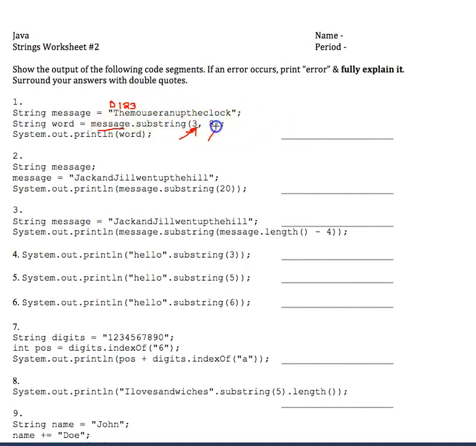And we go up to, but not including, the value in the second parameter. So position 8, if you count it out yourself, is the R. So that means we take the substring that starts with the M and goes up to, but not including, index position 8. So the variable word, which we're printing out, is mouse. And on this worksheet, because that's a string, I want you to show the double quotes around the string value